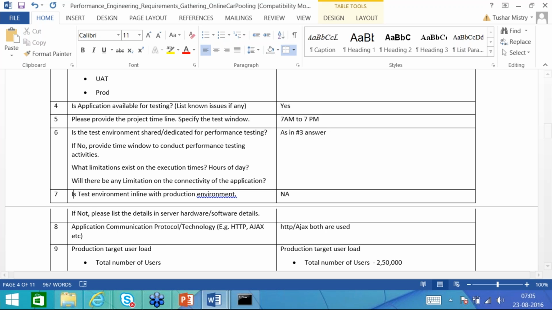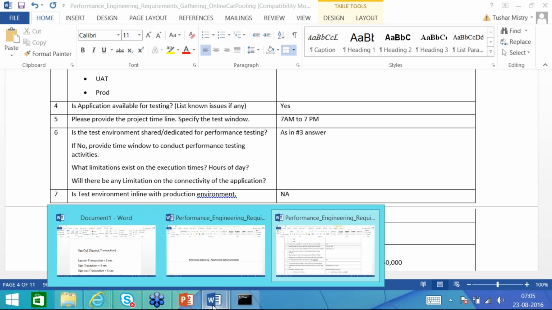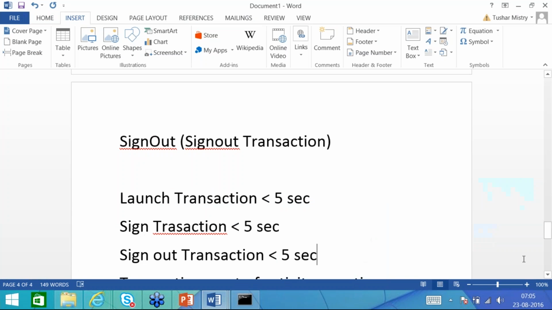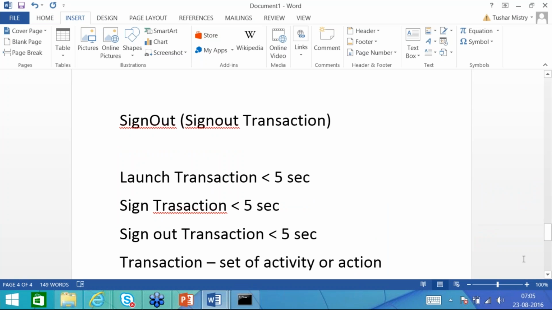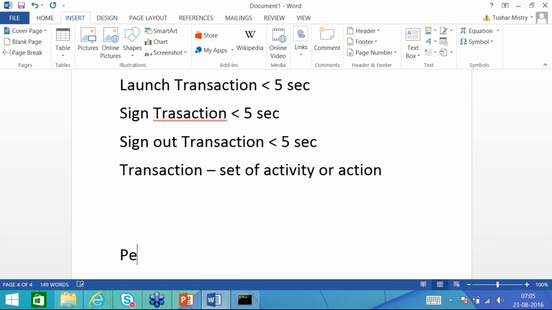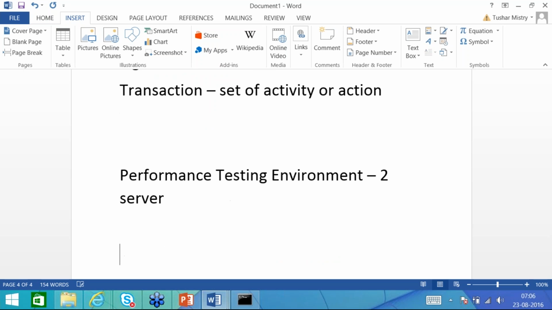Say suppose, since this is your performance testing environment, it has say 2 servers, and your production environment has say 6 servers.